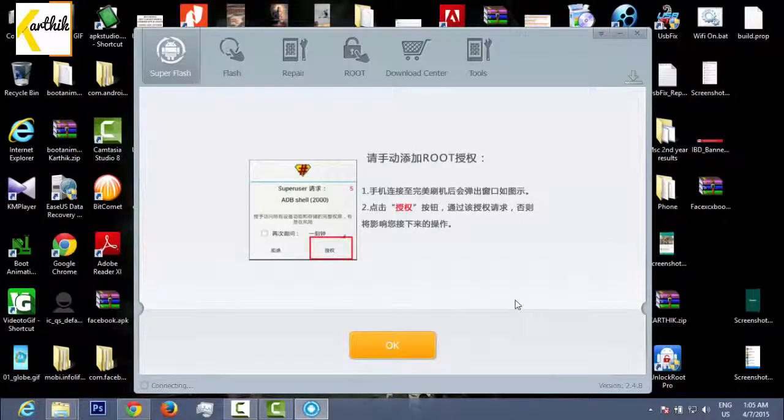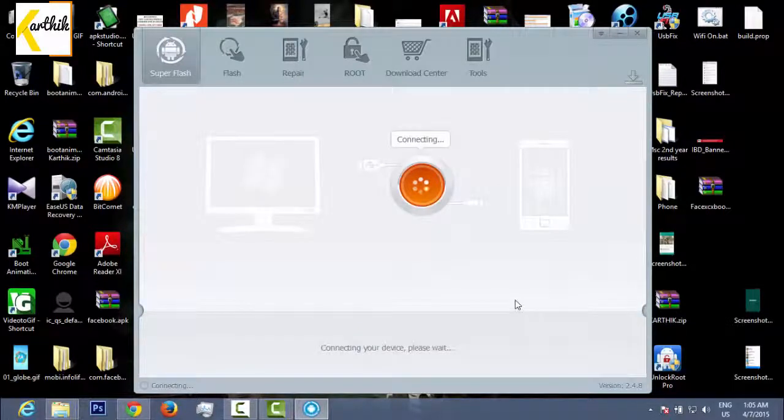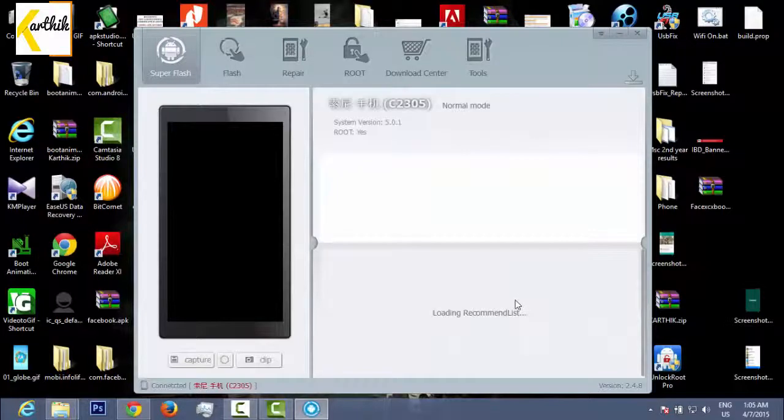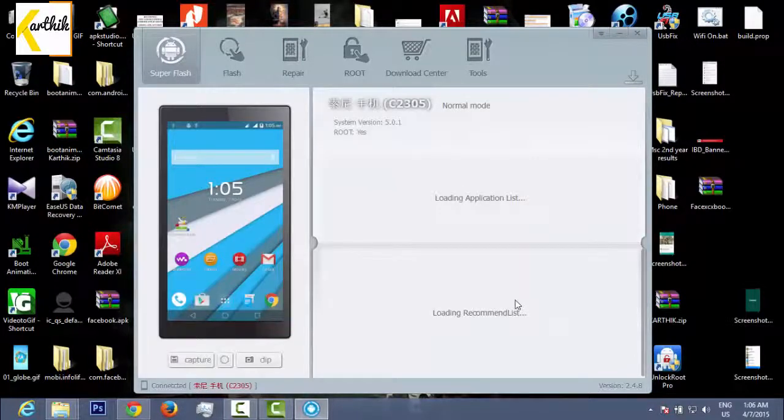Okay, now it will ask for superuser permission on your device. Just click on grant on your device like I am doing. Okay, now you can see your Xperia C is connected to the flash tool.